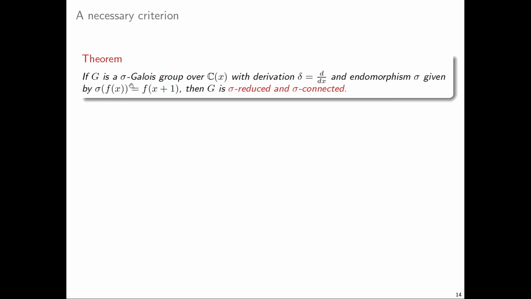Now here's another result that says something negative, that some groups do not occur. It says that if you have a sigma Galois group, then it has to be sigma reduced and sigma connected. The sigma reduced part was known before. It was known that if the sigma on the base field is surjective, which is the case for us, then the group is sigma reduced. And the sigma connected